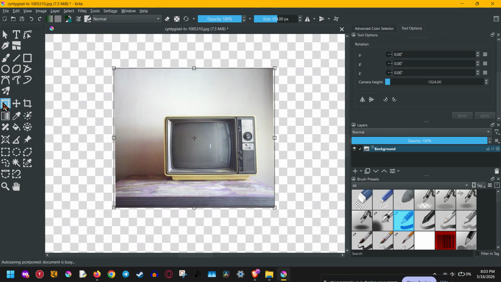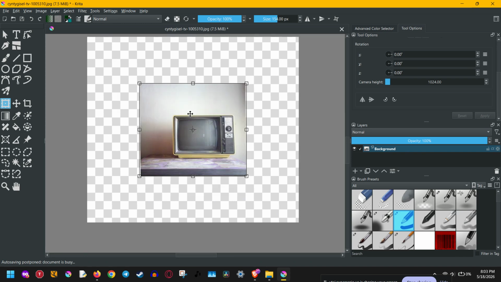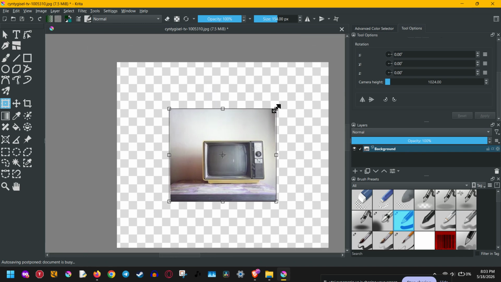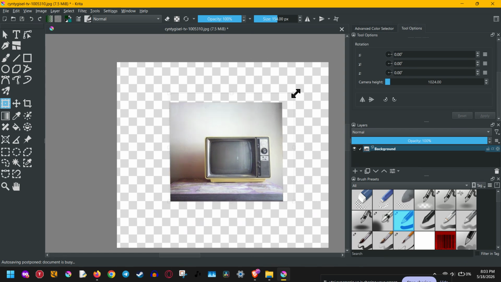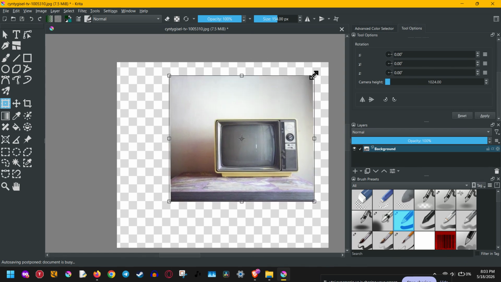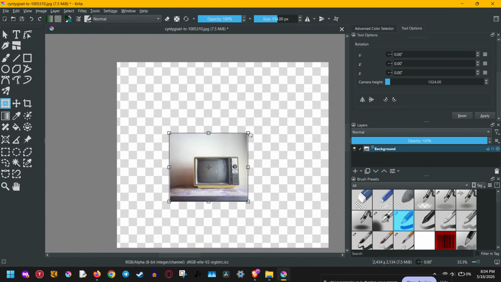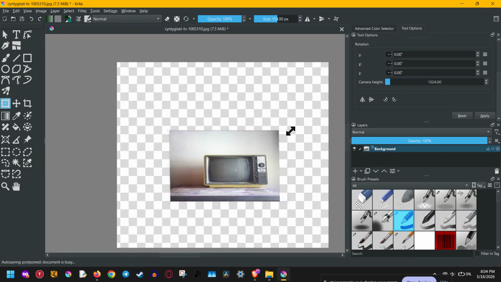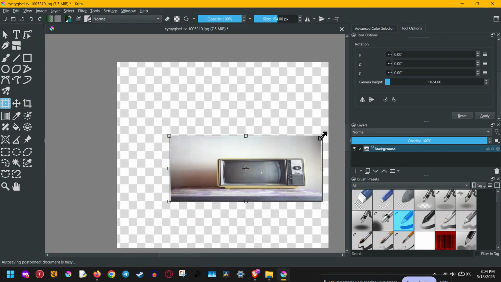Now let's go over the different scaling methods. If you want to scale globally and keep the proportions perfectly even, hold Shift while dragging a corner handle. This is called uniform scaling, and it's the best option when you want your image to stay balanced without stretching it out. For example, if you're resizing a character, logo, or any element where proportions matter, using Shift helps prevent